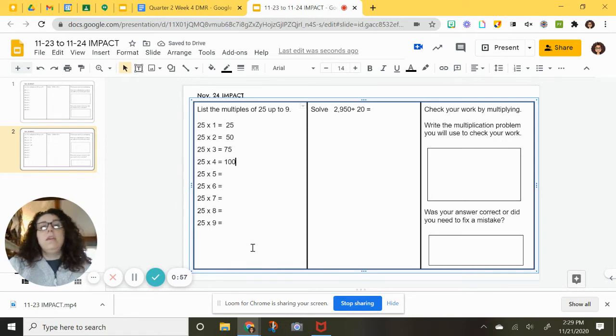You might be thinking, how do you know that so fast? Well, I think you probably remember hearing your 4th grade teacher say, 25s, just think about quarters. Quarters are worth 25 cents. 1 quarter is 25, 2 quarters are 50, 3 quarters are 75, and 4 quarters are 100, or $1. So, also, you only need to learn these 4 because it just keeps repeating, and I'll show you